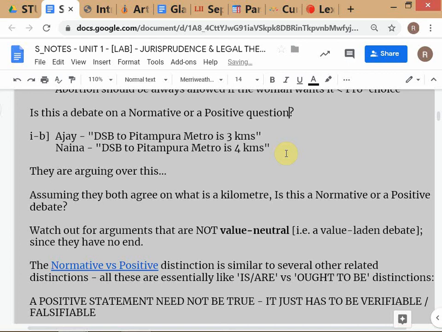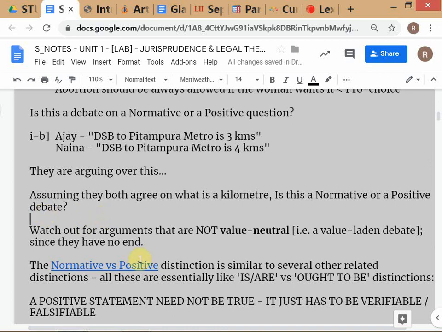Generally, section A seems to be getting bored much quicker than section B. Okay, guys. So this is clear that this is a positive statement. This is a debate about a positive issue. Huh? Your statement was also normative? Which one, section A? No, that's a positive statement, because I'm observing that in section B people are generally not so bored, but in section A more people look very bored. I'm observing that for the last two classes. Okay, guys, is this clear that this is a positive statement?